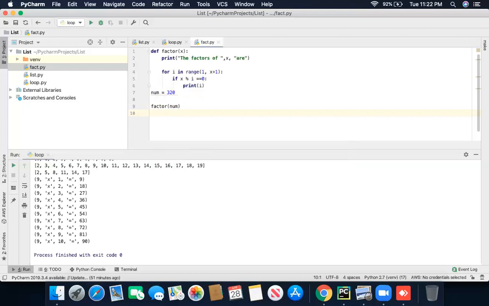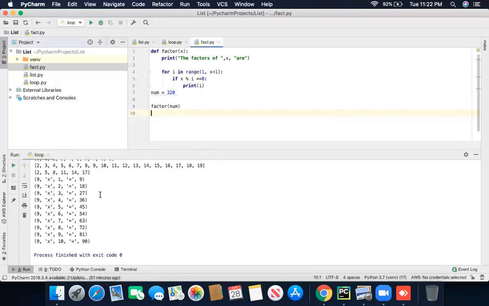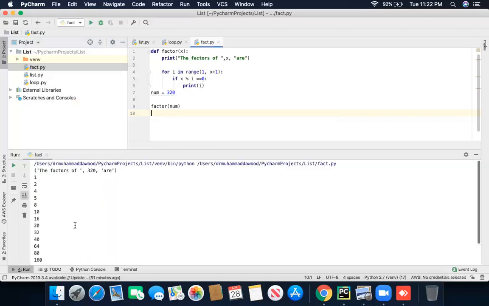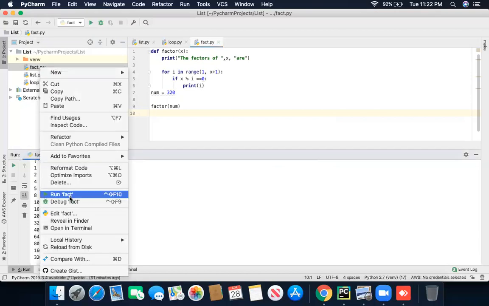Now I'm going to run it, and it will show us the factors of 320. Have you got it? Just go to the factors and click right. Wait, there's an error. I just corrected that. So have you got the factors?